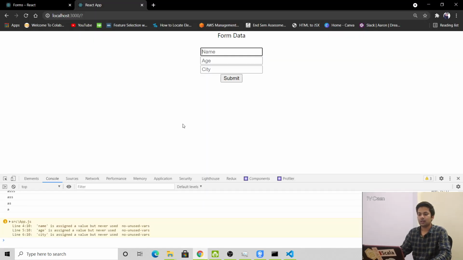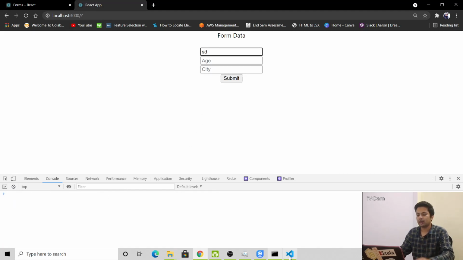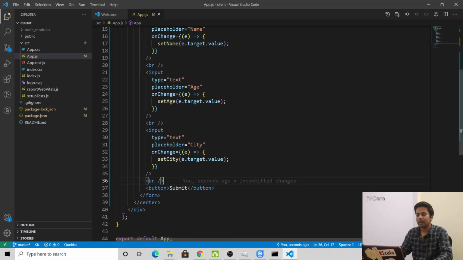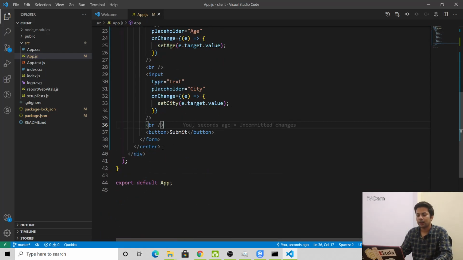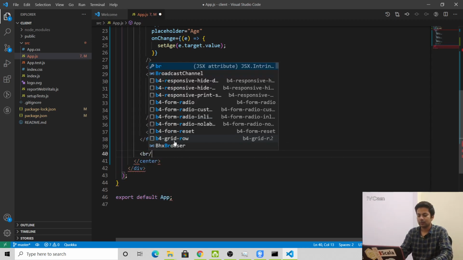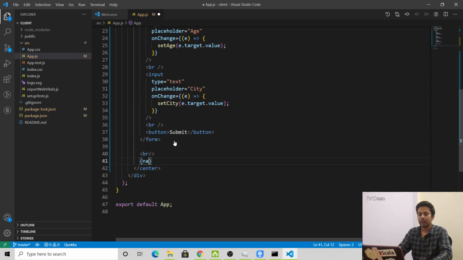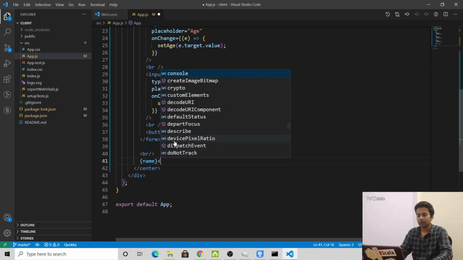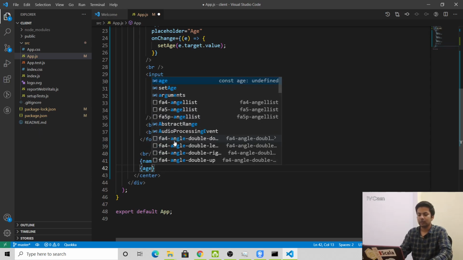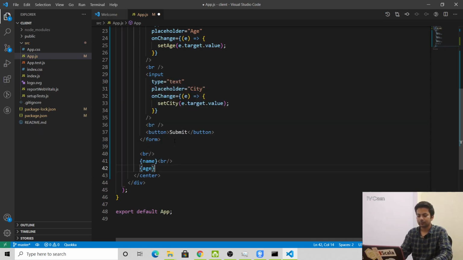So now I have removed the console log, so we can just print it here also. Let me print br. Yeah, we can print name, br, age, and we'll do city.